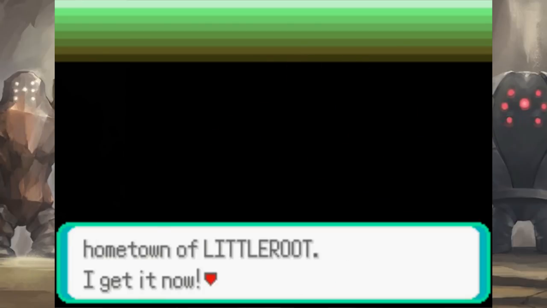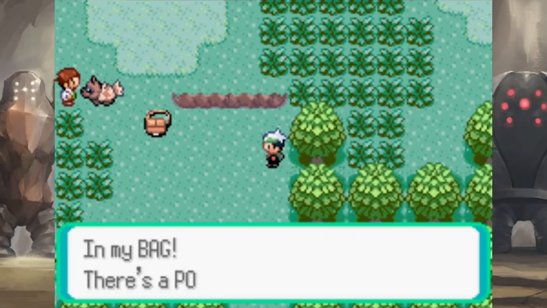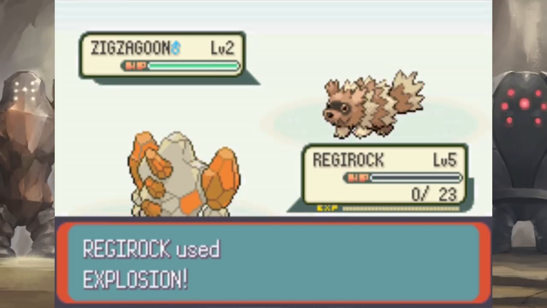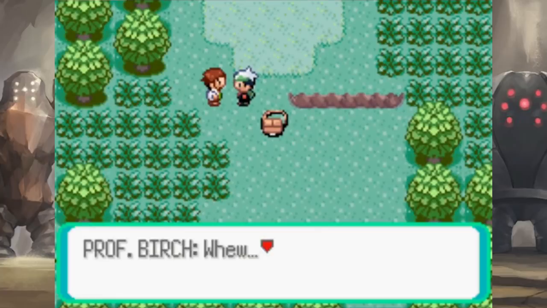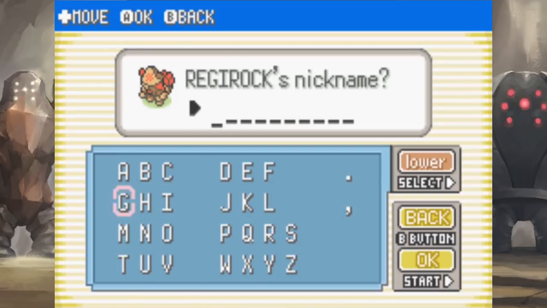TMDK of course. We arrive in our moving van and our adventure begins. We find Professor Birch being attacked by a Zigzagoon for the 10,000th time already. We choose the Pokemon Regirock and defeat Zigzagoon with Explosion. We head back to the lab, receive the Pokemon Regirock and give him the nickname Rock Solid because he's solid